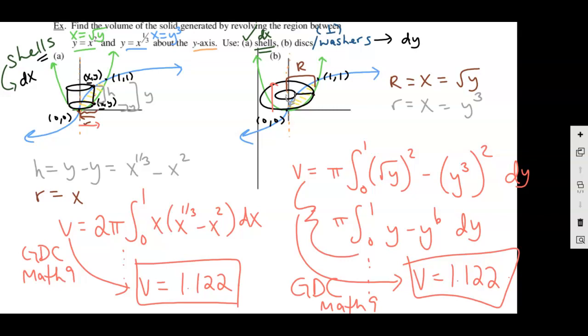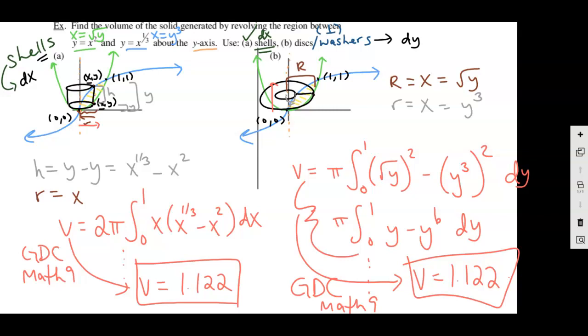Let's think about why is that the same? Were they supposed to be the same? Yes. What changed? Nothing changed. It's the same graphs, right? It was the square root. Actually, it was the x squared, and then it was the cube root. It's the same two graphs, which means that yellow region was the same. How we build it